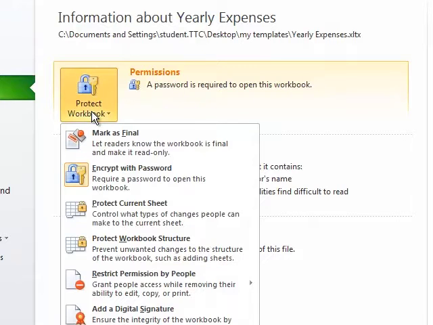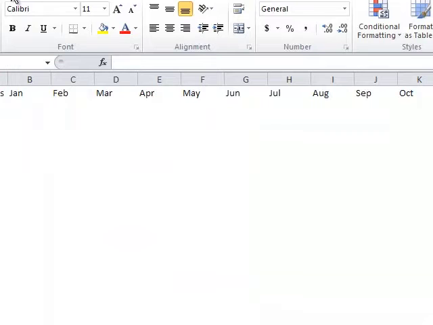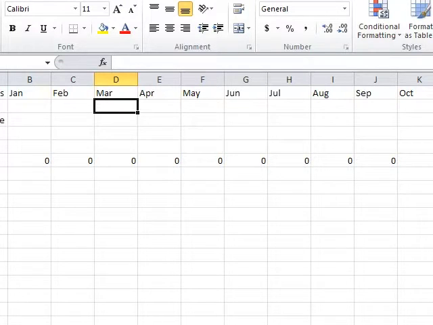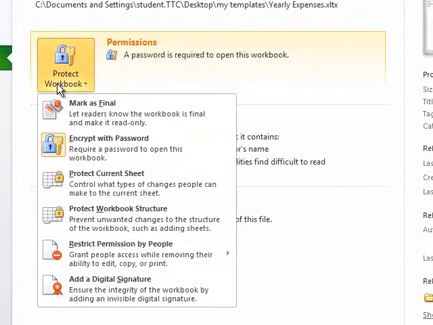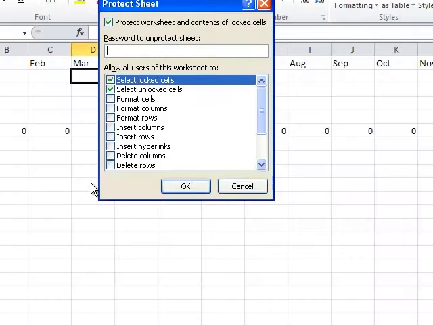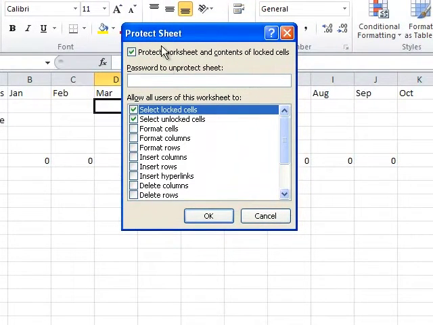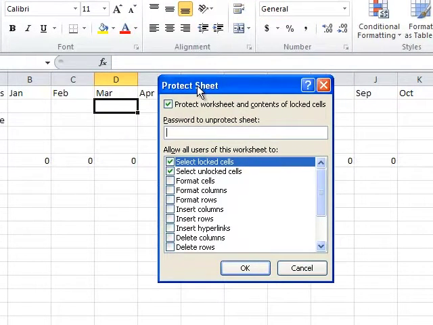When I click on the down arrow further here, you'll note that it says Protect Current Sheet. When I go back to the Home tab, I'm going to remind you that Sheet 1 is the sheet that's in view right now. So back to the File tab, working with the second level of security, I'm going to choose to protect the current sheet, which is Sheet 1. When I do that, you'll see that it takes me to the Protect Sheet dialog box, and it asks me for a password to unprotect. It doesn't say password to protect, it says password to unprotect. And you'll see why in just a few minutes. I'll type in a password,